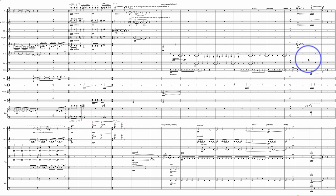Okay, I think that this is also really beautifully done. This bum with the alto flute down there. Okay, and